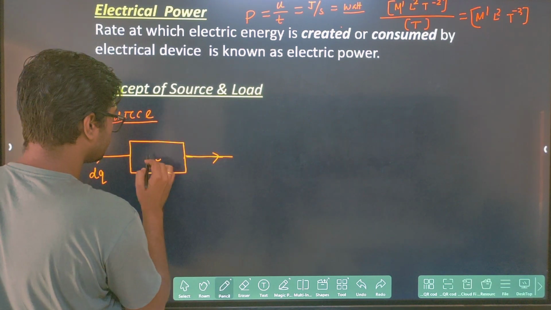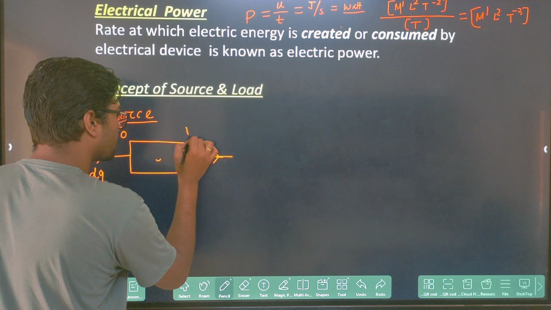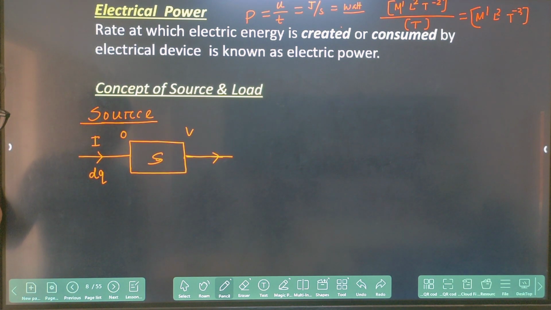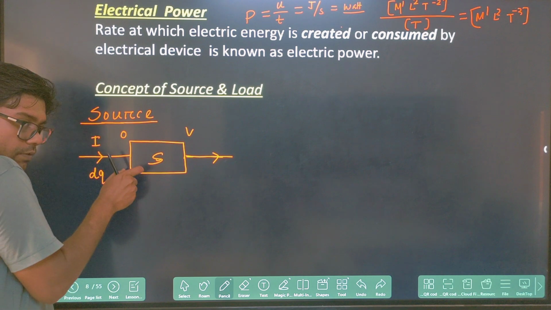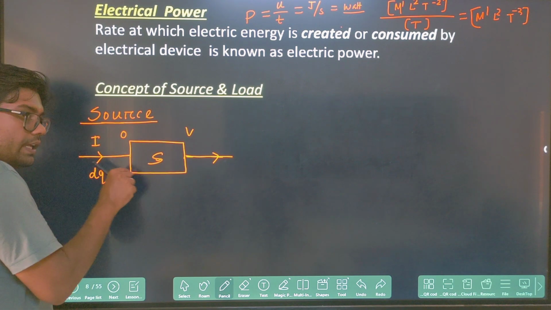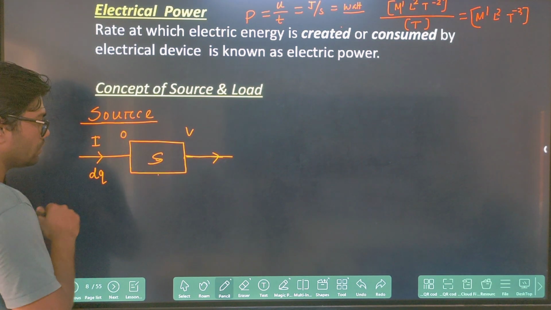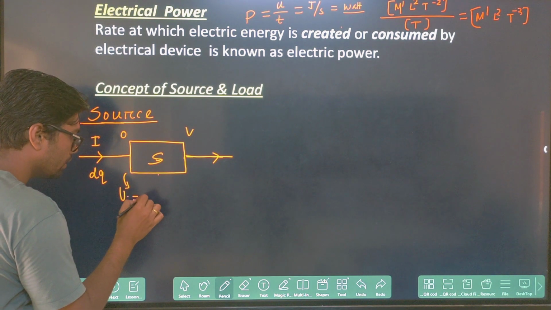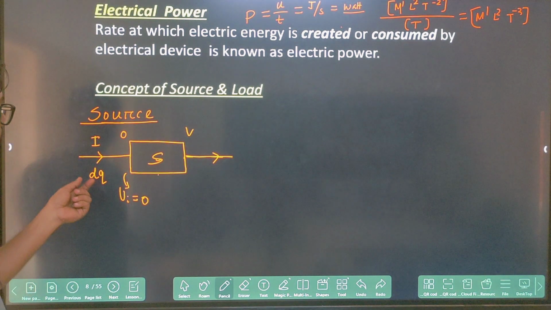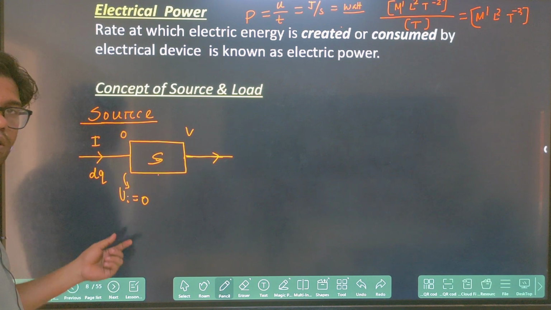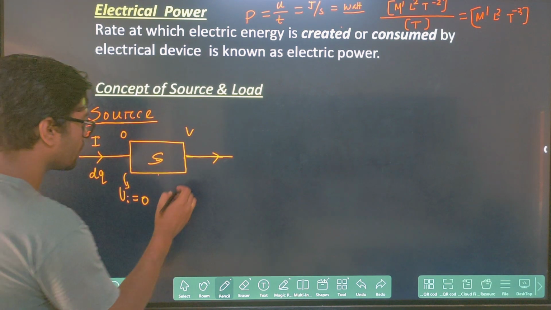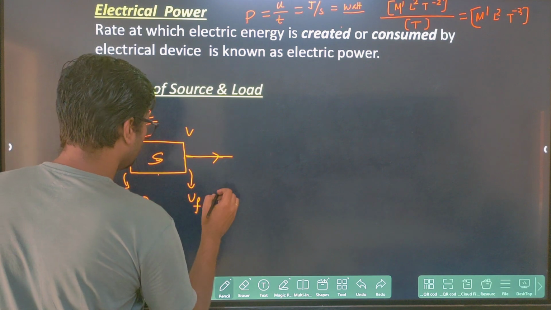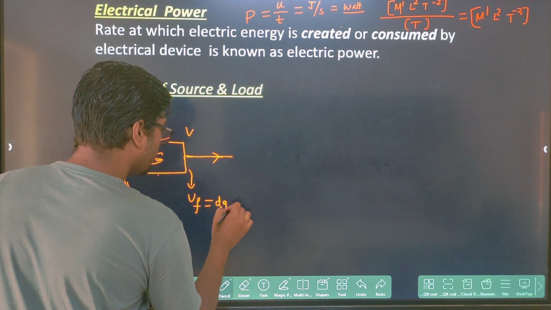What I am taking is that this side potential is your 0, this side potential is your V, and this is a source. If the current is flowing along this direction, that means the dq charge, the positive charge, is also flowing. What will be the energy here? U initial is 0, because dq into potential will be your potential energy. Here what will be the potential energy? U final will be your dq into V,